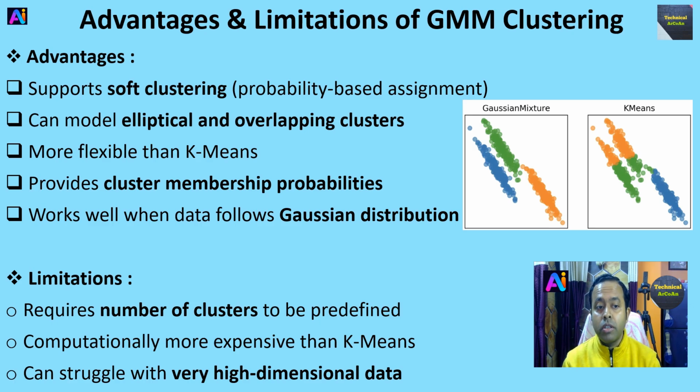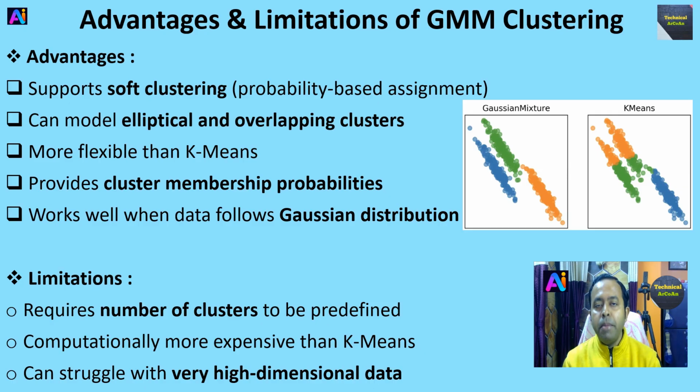And what are the limitations? Requires the number of clusters to be predefined, computationally more expensive than k-means, and can struggle with very high dimensional data, right? So just given in there, the Gaussian mixture gives the three different clusters, but this picture shows the k-means clustering, right? Now I am just moving into the Google